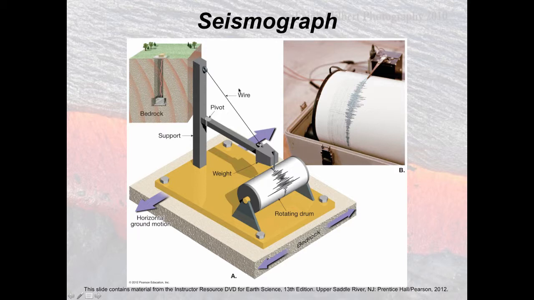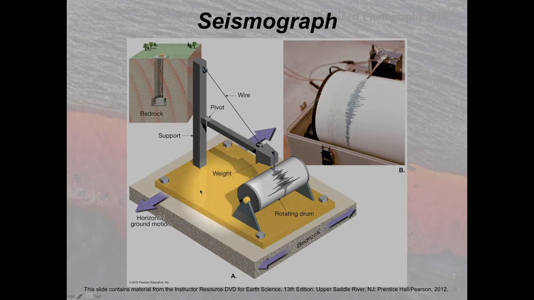Now, a seismograph is a tool that seismologists use to monitor for earthquake occurrence, and also to develop location data for earthquakes and intensity. A seismograph is really quite a simple instrument. It's a set of springs that are affixed to the ground. You can see how this plate that the seismograph is affixed on is connected to the bedrock. It can be screwed in or cemented in, or basically just sitting on bedrock. Oftentimes they're in a deep, deep down hole in the earth, so that surface things, trucks driving by, people walking, doors slamming, don't impact it, and it's really truly picking up waves from deep in the earth.